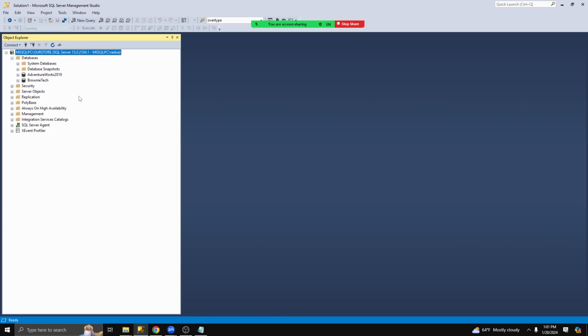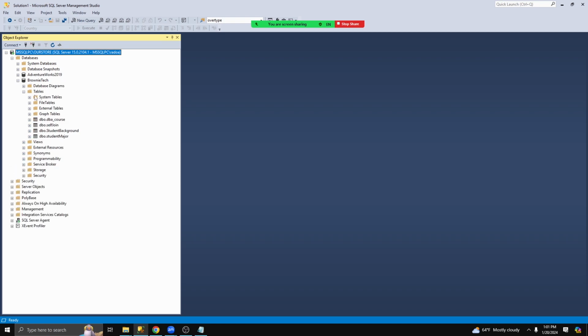what I'm talking about. I'm gonna use this database, so we know where it's coming from. We have a Brownie Tech database. We have several tables actually here. What we are concerned about here is student. I designed this so that you guys can understand. I have a student background and a student major. I gave the foreign key and primary key relationship between them. So if I open this one,